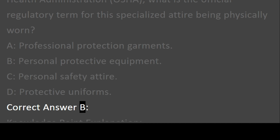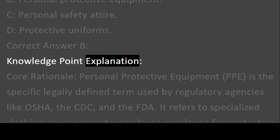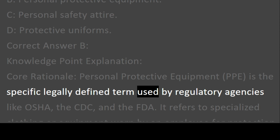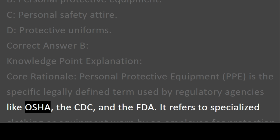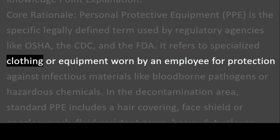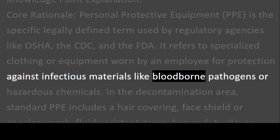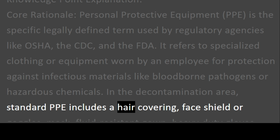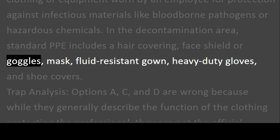Correct answer B. Knowledge point explanation. Core rationale. Personal protective equipment, PPE, is the specific legally defined term used by regulatory agencies like OSHA, the CDC, and the FDA. It refers to specialized clothing or equipment worn by an employee for protection against infectious materials like bloodborne pathogens or hazardous chemicals. In the decontamination area, standard PPE includes a hair covering, face shield or goggles, mask, fluid-resistant gown, heavy-duty gloves, and